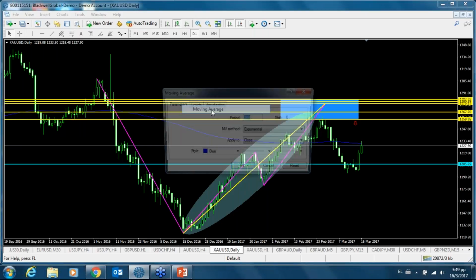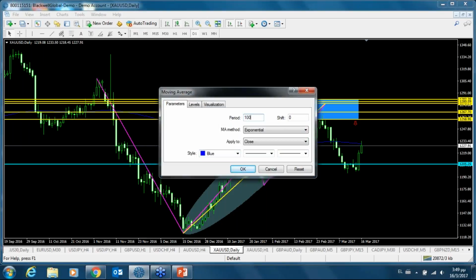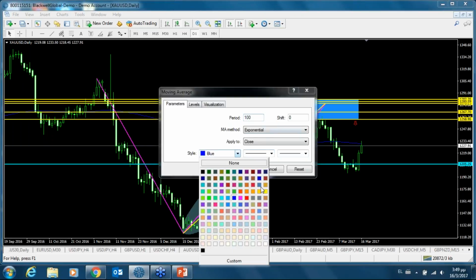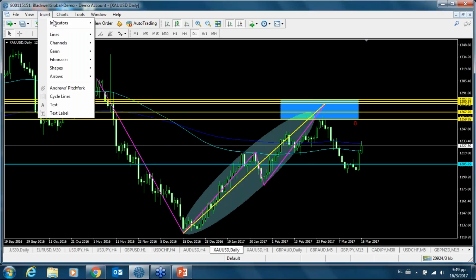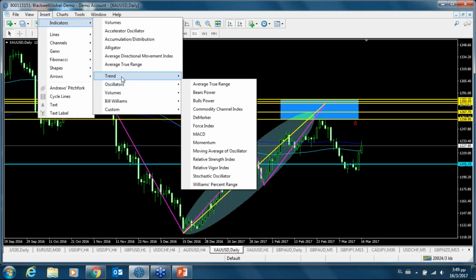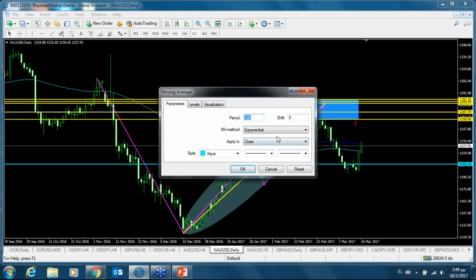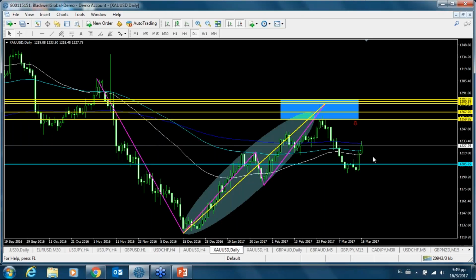Okay, so let's just complete two other moving averages right there. You've got your 100 right there, and now we will apply the 50 moving average right there. It's got 50 right there, and apply it to be lightest in color, and there you go. So as you can see, it's gone into the uncertain territory, and it's finding resistance now for gold on the daily chart, right on the dot of that